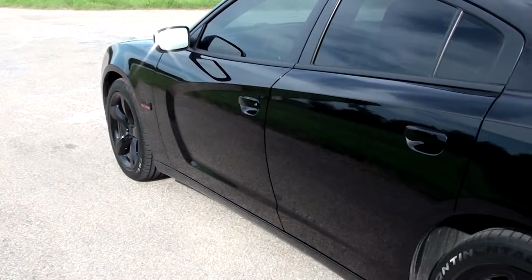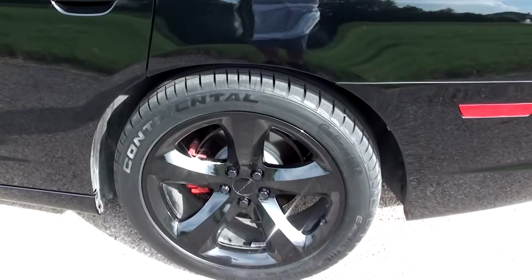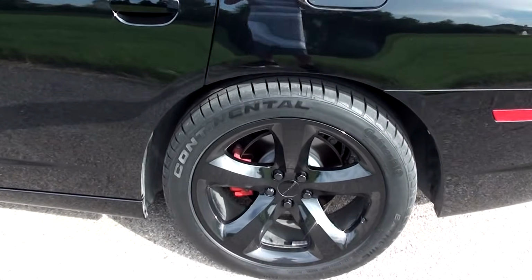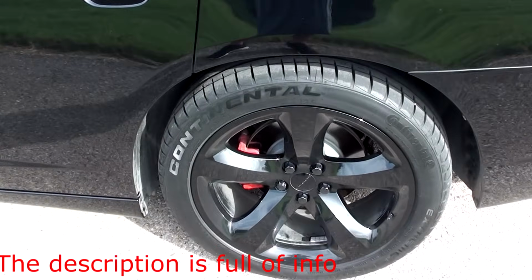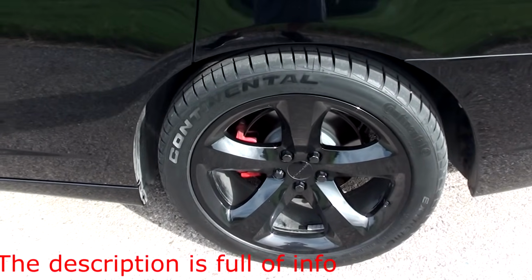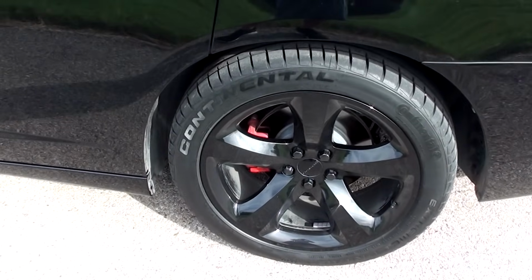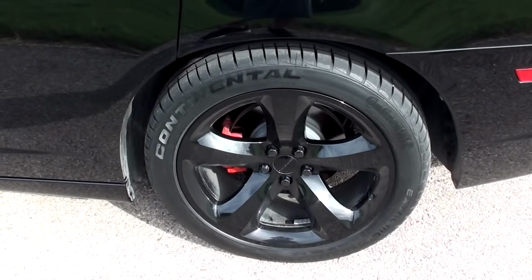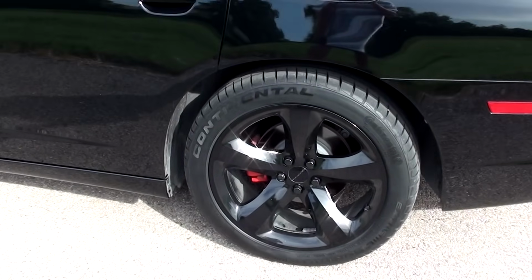Today I'm making a video over my new tires. They are Continental ExtremeContact DWs. The DW stands for dry and wet. So basically they're overall summer performance tires, and I've had them on for about 400 miles so far and I'm absolutely loving them. The previous tires I had on this car were the standard Firestone